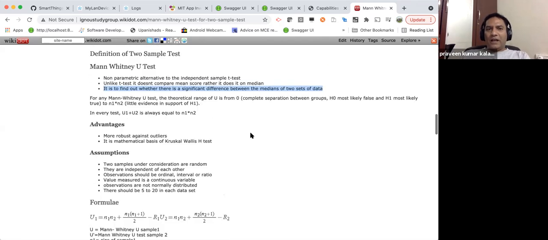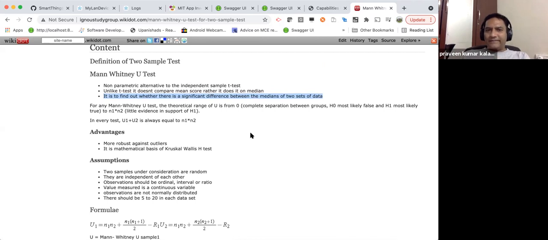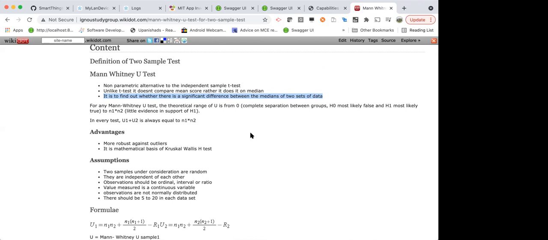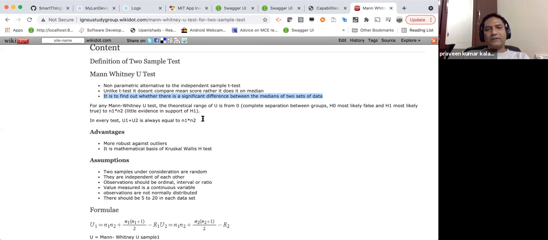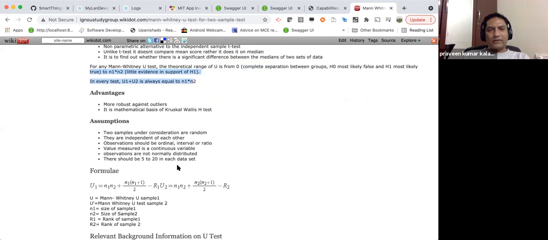Okay. So until now, is it clear? Yes. Okay. So I'll explain these two statements a little later. Once we solve the problem, don't worry about them. They are not very important to understand at this stage. Obviously this is more robust even if the data has some outliers, right? And this is the basis for a lot of non-parametric algorithms, and one is Kruskal-Wallis, as we talked.